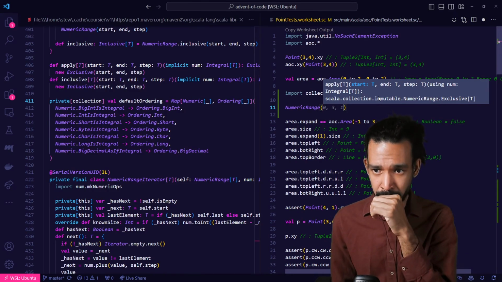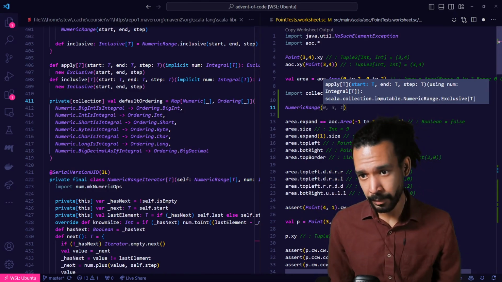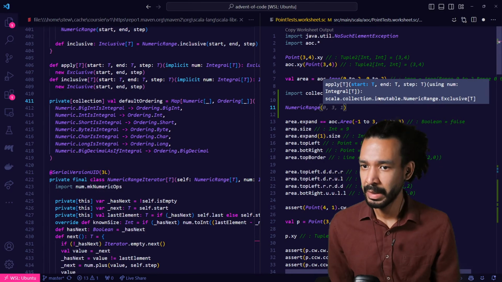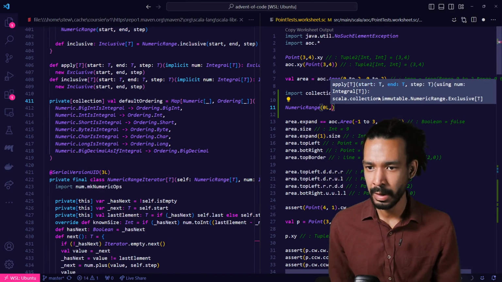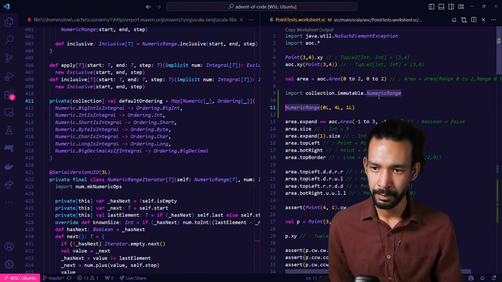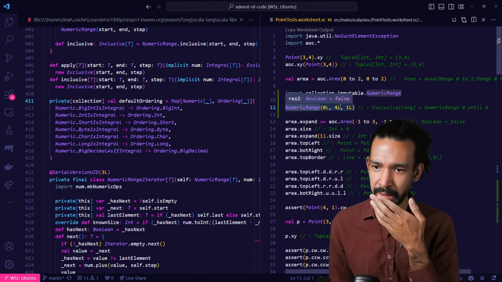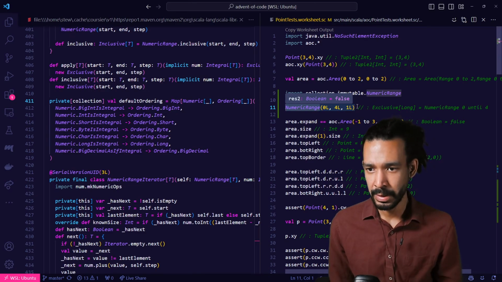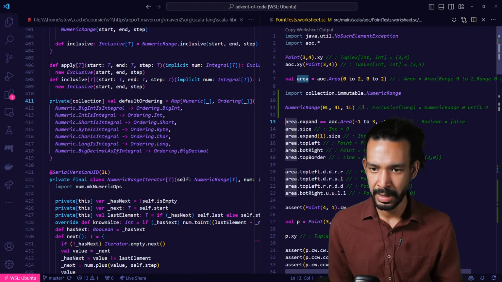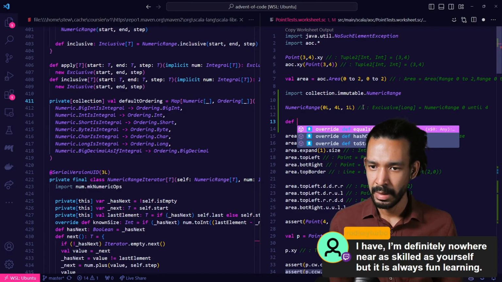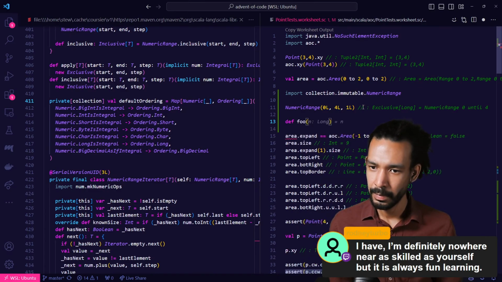And hmm, let's see. So we can use longs, 4L, 1L, right? And that shows up. That shows up as range. Now, if we were to use generic ends, def2,